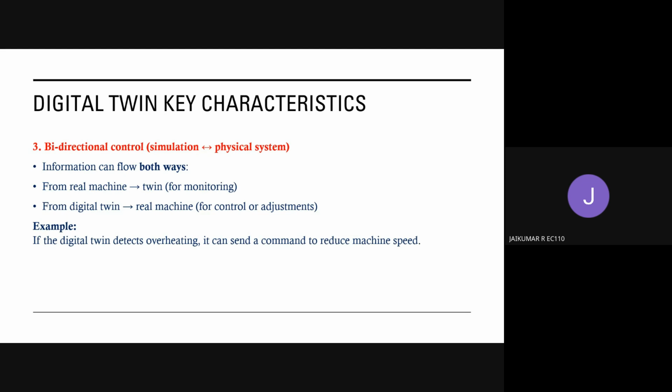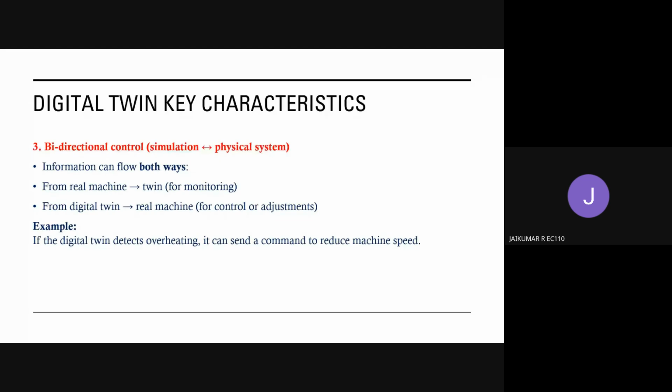The third one is bidirectional control. As I told, the digital twin is a digital copy, or we can call it an exact simulation of the original machine. Here the data is bidirectional. We flow the data in both ways. So from the real machine to the twin, we need to extract the data through the sensor from the machine to the twin,